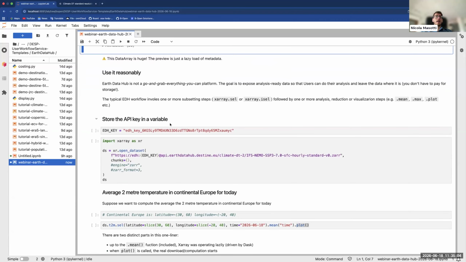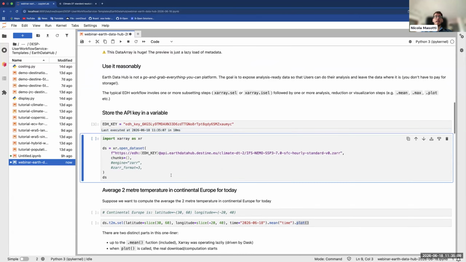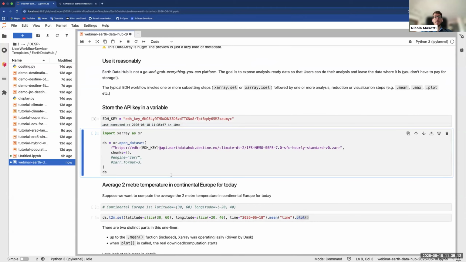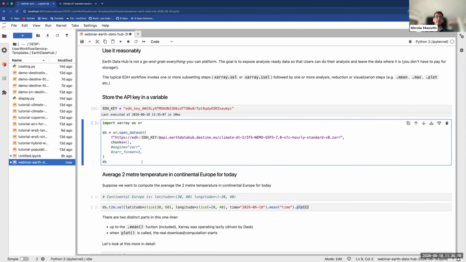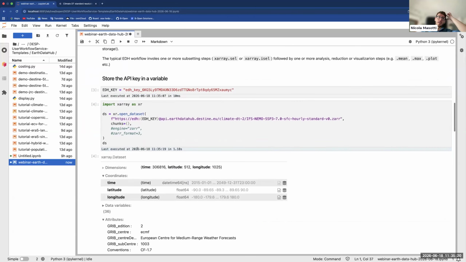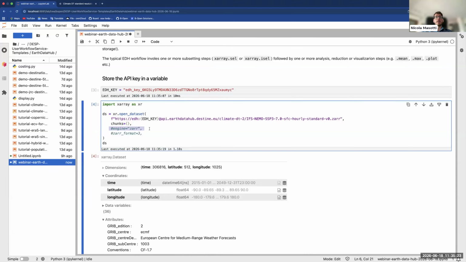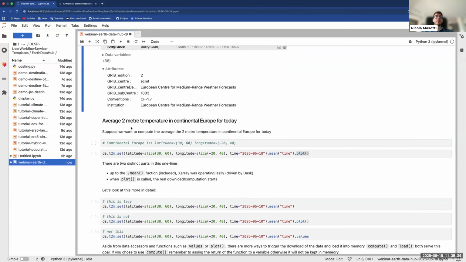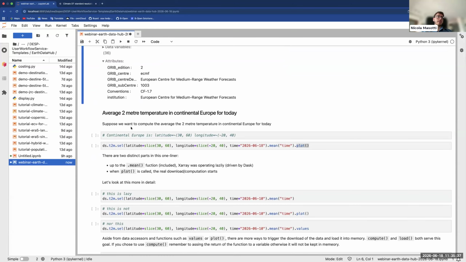I just wanted to show you that you can also declare the API key separately and integrate it in any dataset URL if you plan to use more datasets at once. And while doing this, I also wanted to show you that a couple of parameters that we typically integrate in our code snippets are actually not needed if you use a recent version of Xarray and Zarr. We won't be doing anything scientifically relevant today, but we will do a couple of data accesses just for example.